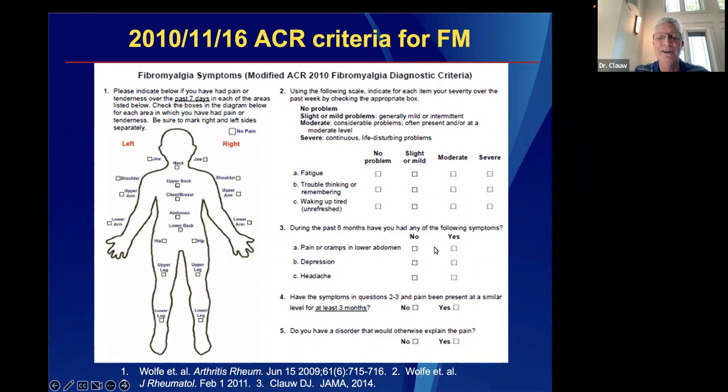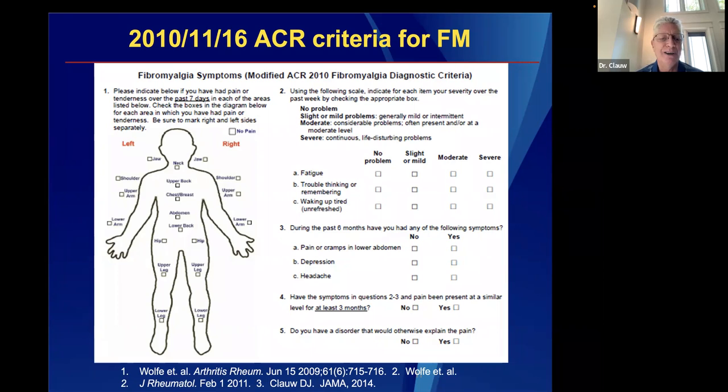And then these symptoms down here only count for 1 point each: irritable bowel, depression, and headache. But there's a total of 31 possible points on this fibromyalgia measure. And if someone scores 13 or higher, these are now the new diagnostic criteria for fibromyalgia, just having people fill out that form. Having said that, I don't want you to use this measure in that way, because everything we've